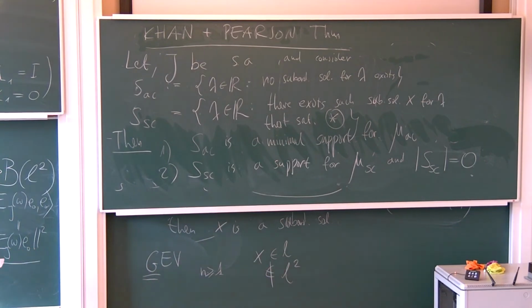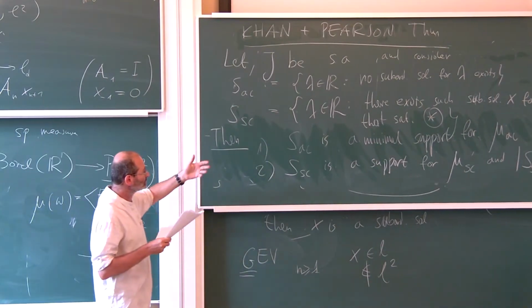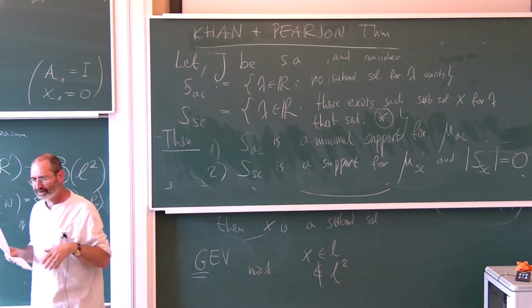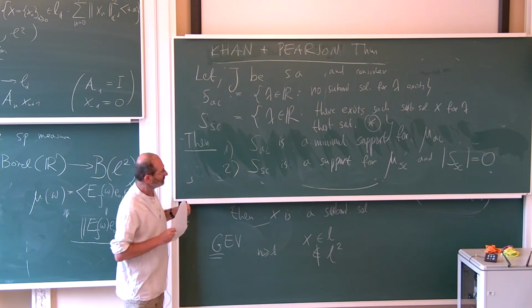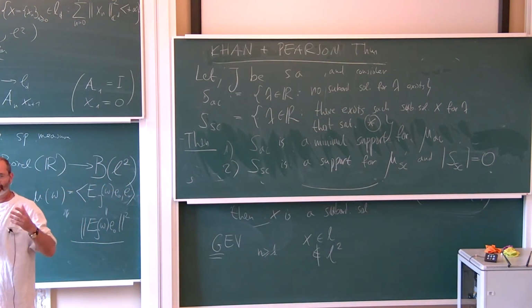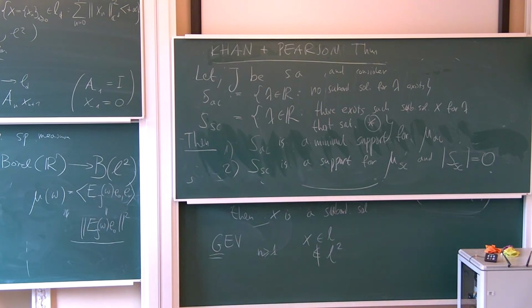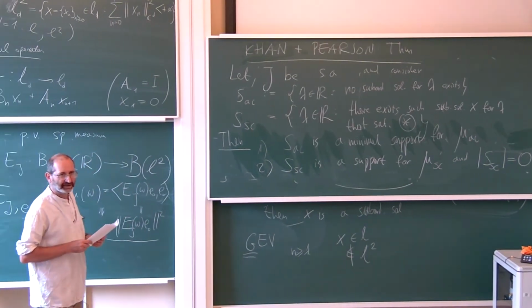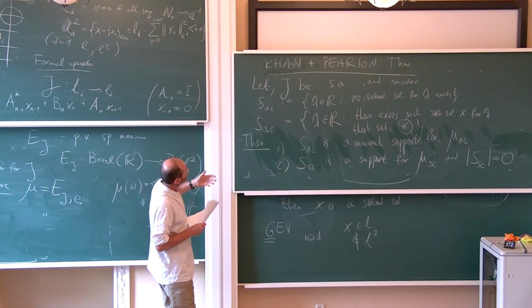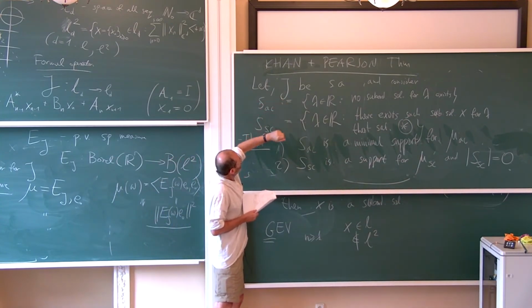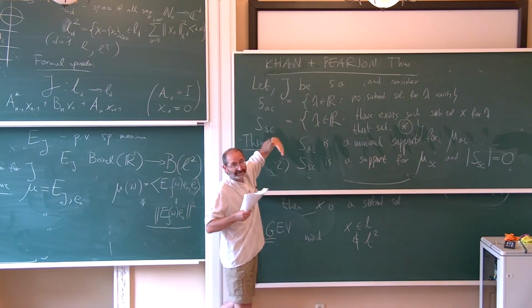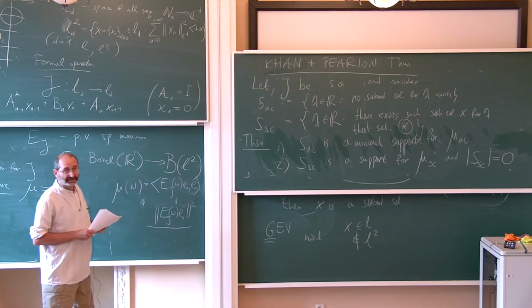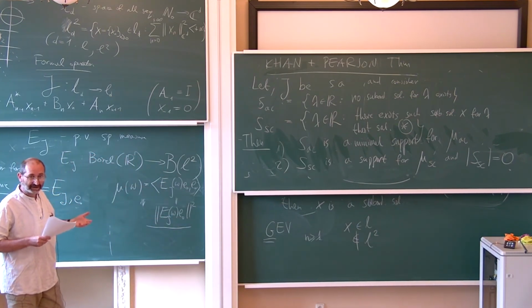So this is the whole theorem, and having this theorem we can prove many results in special cases about, for instance, the absolute continuity of some Jacobi operators and so on. But this is just the abstract theorem. It's an interesting theorem because there is only one assumption, that the operator is self-adjoint, which is of course necessary to formulate something like this. There is no other assumption, so it's very general.